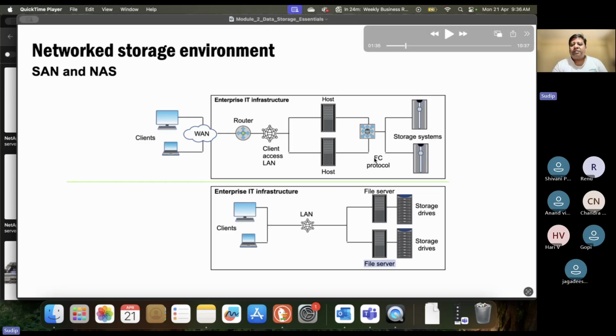So this top architecture and connectivity that you see is of a SAN, and the bottom one that you see is of a NAS, network attached storage. Now we will find out the difference, but this is a